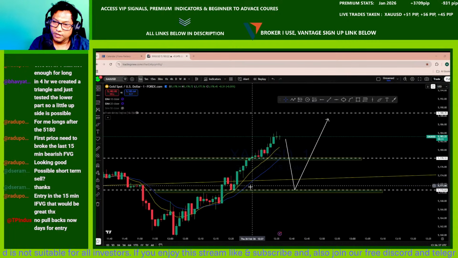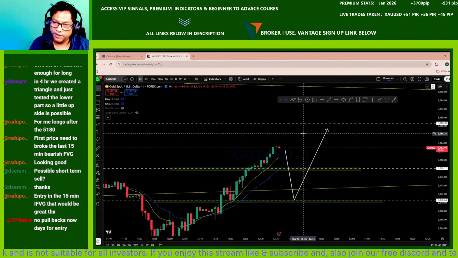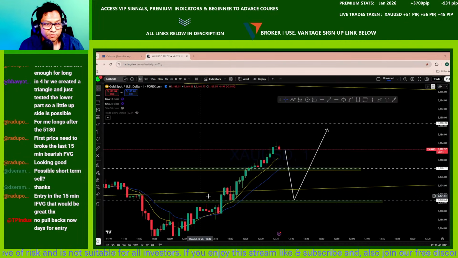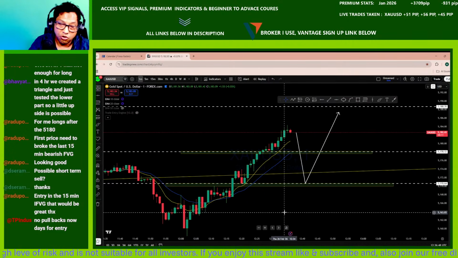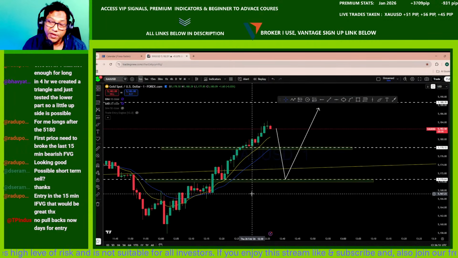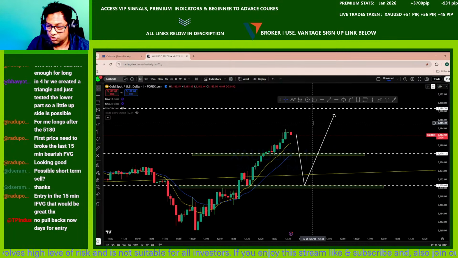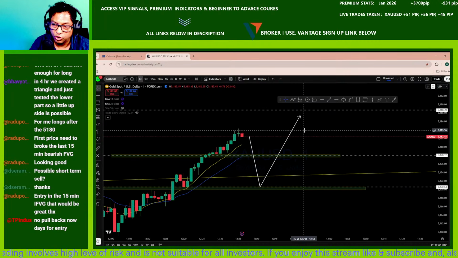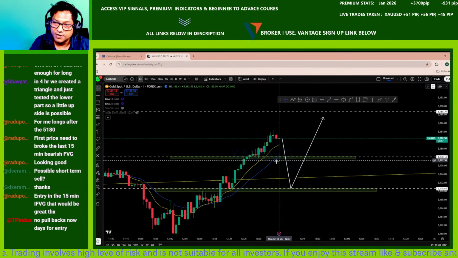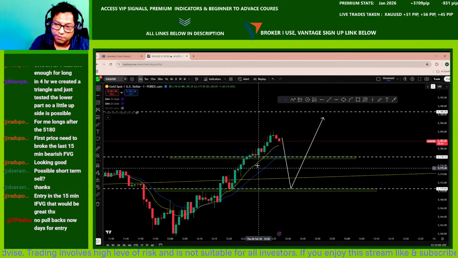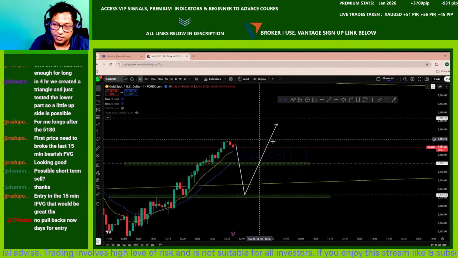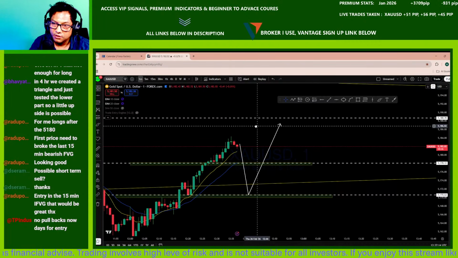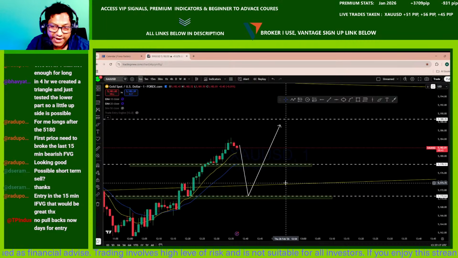Now if you look at the 10 exponential moving average, and this is for those who are completely new to understanding moving averages, for me not only the price action and market structure, I also look at the moving averages for the trend direction. So this is the 20 and this is the 10, both exponential moving averages. If you see the 10 EMA above and the 20 EMA below, that is considered an uptrend, not universally but locally, which is an added confluence.